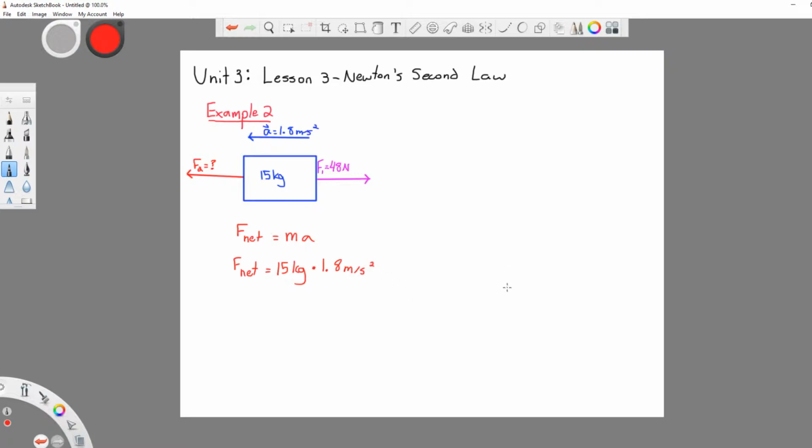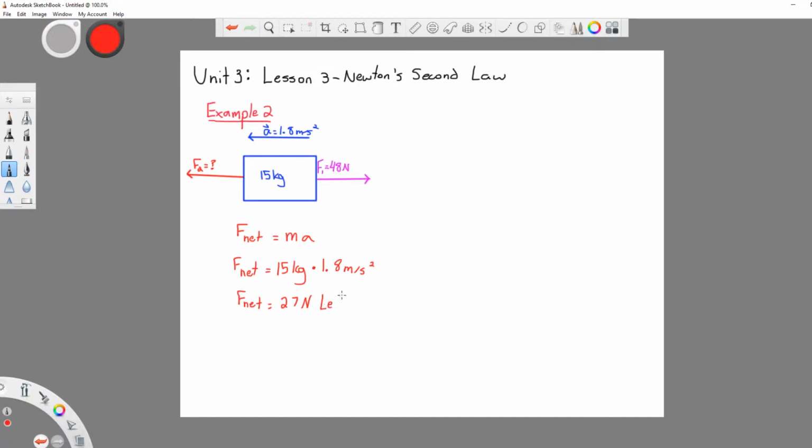Well, if we punch that into our calculators, we get a value of 27 newtons. Now, I didn't really set up any convention yet, but I'm going to say that this is 27